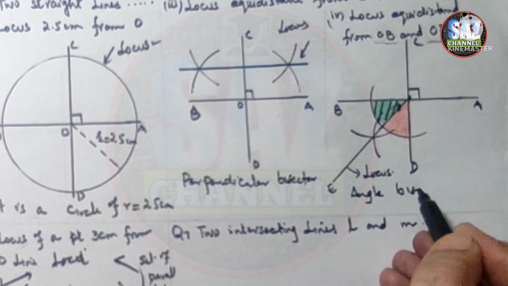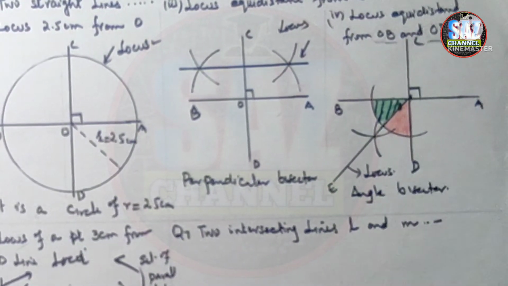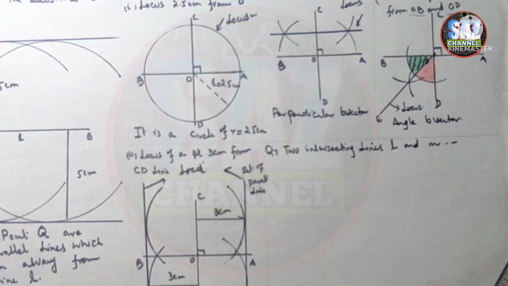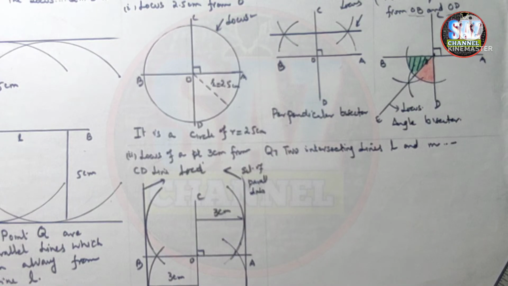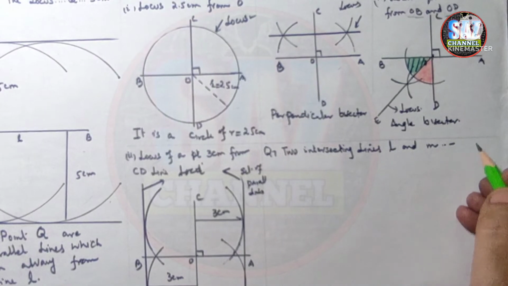Angle bisector. Moving to the next question: draw 2 intersecting lines L and M, and draw the locus of the point P which moves such that it is equidistant from L and M. Look students, here he is not giving us the length of these lines. He is saying that we have to draw 2 intersecting lines